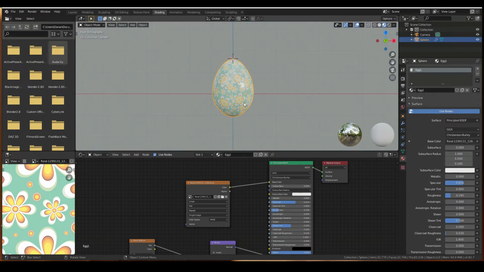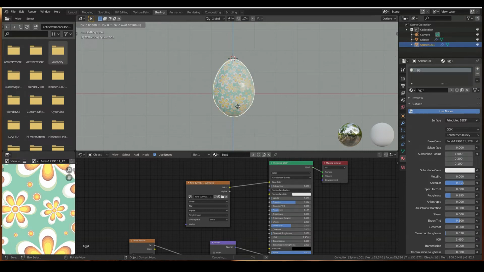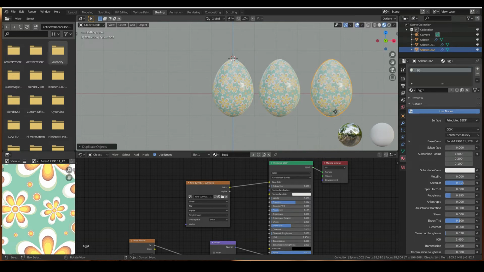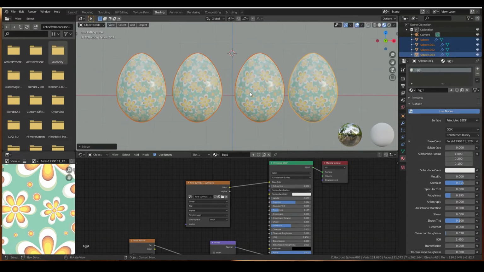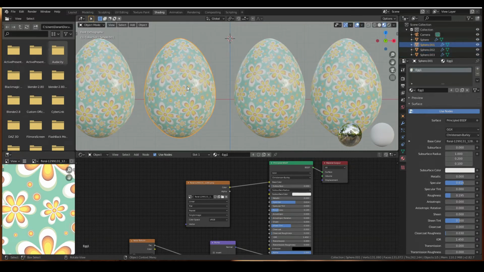So to create our other Easter eggs, let's just go ahead and duplicate this 4 times. So to duplicate, go Shift D, move on the X by hitting X, Shift D again, and then Shift D again and move it over here. Okay, and let's go ahead and change the textures for these ones. So to change the texture, just go ahead and select the next one, and in the material view, where it says 4 over here,